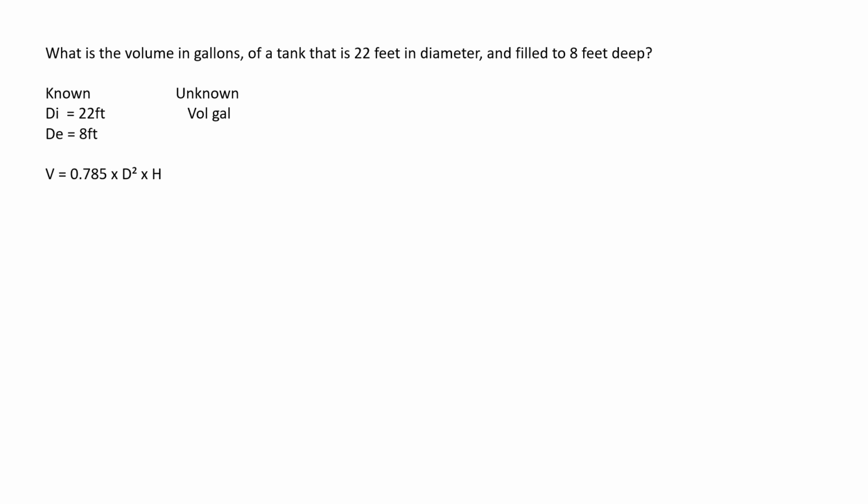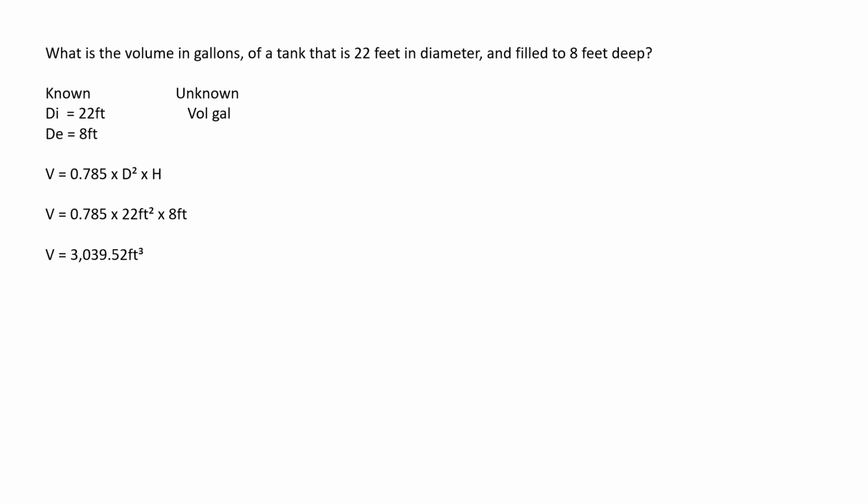So the formula is 0.785 times the diameter squared times the height. So 0.785 this time because we're given the diameter. And remember, depth is interchangeable with the height. The units of measurement were already in feet, so we can go ahead and plug it into our formula. 0.785 times 22 feet squared, that's the diameter, times 8 feet. We're going to do the math, and you get an answer of